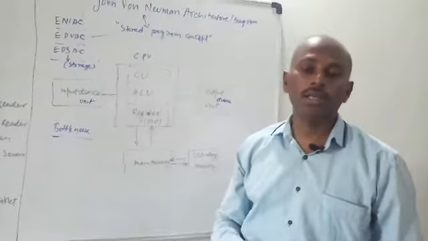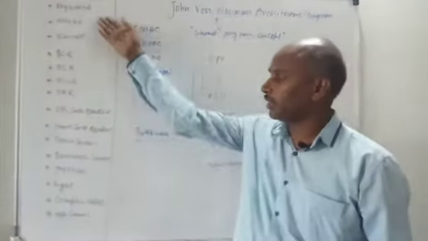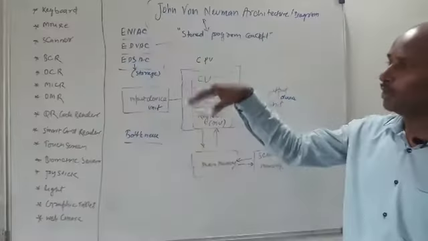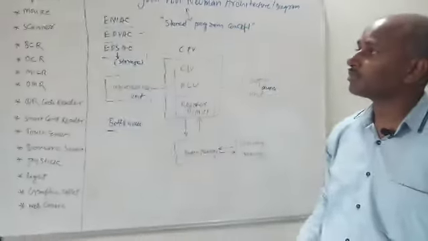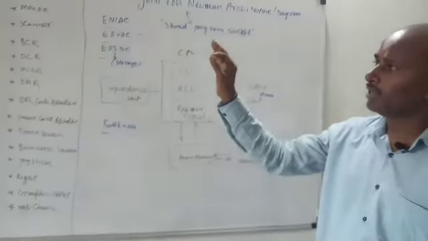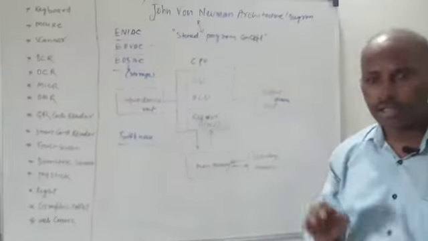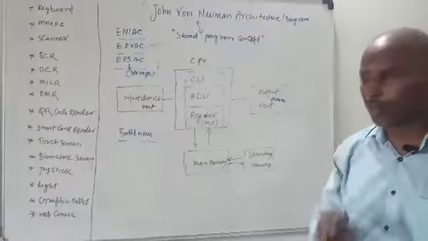It is not possible to input all data by a single input device. So different types of data need to be inputted by different types of input devices. In this video, I have mentioned all input devices. First input devices are keyboard, mouse, scanner, barcode reader, OCR, MICR, OMR, QR code reader,